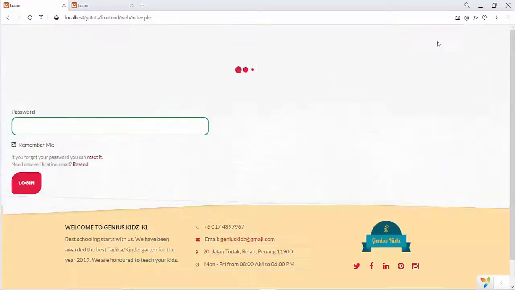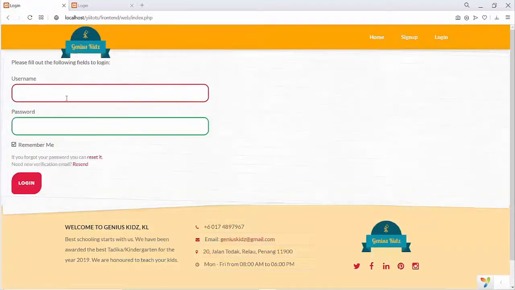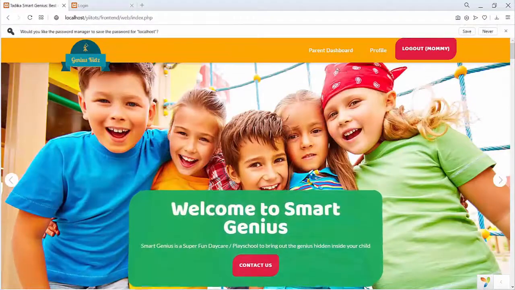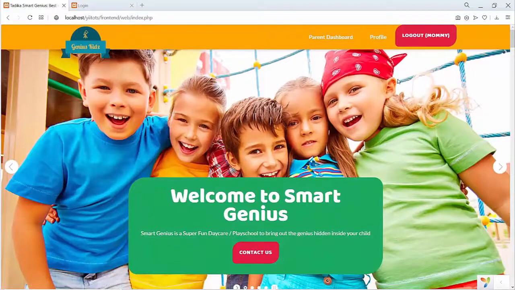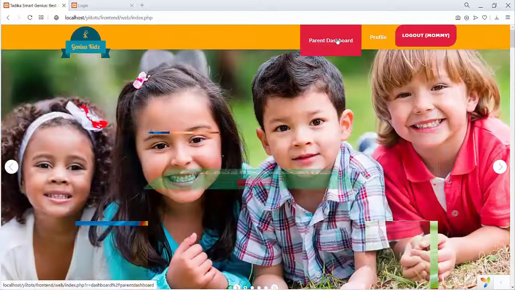And then once they register, they can go for the login and they can log in everything, all their username, password. Once they log in, they will come to what's called a backend. So let me show you a login. I just have a username mummy and I will give the password. I log in. So you can see all the other menus or the features, front end features are moved out, and now the mummy is seeing her profile and dashboard.